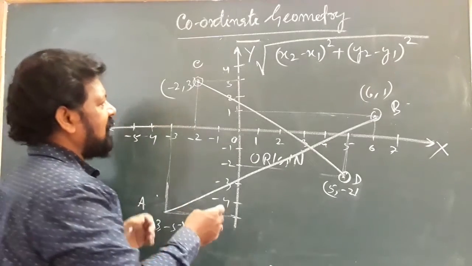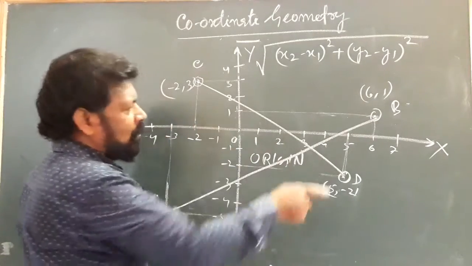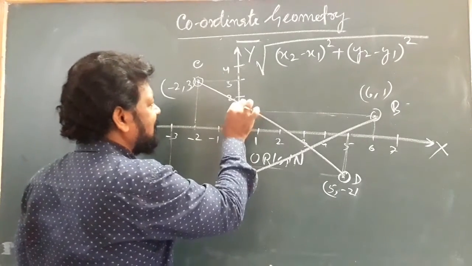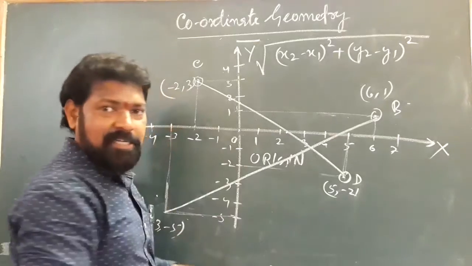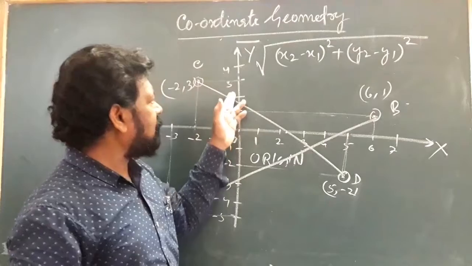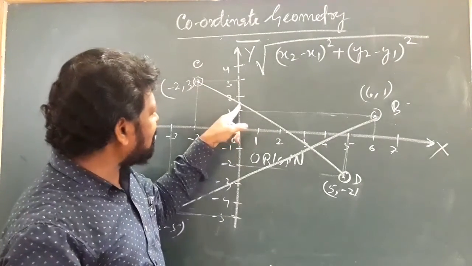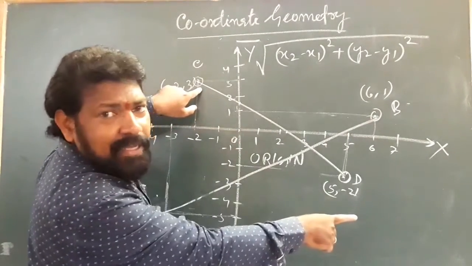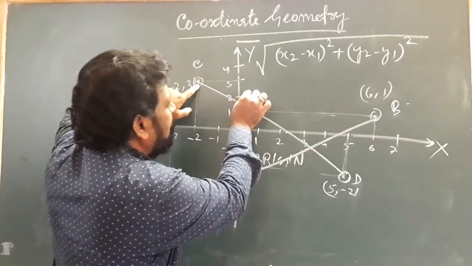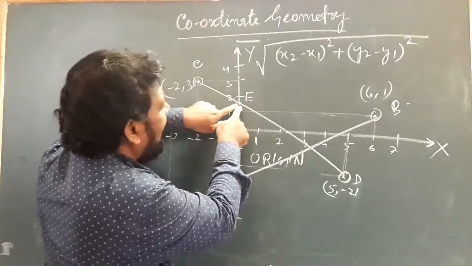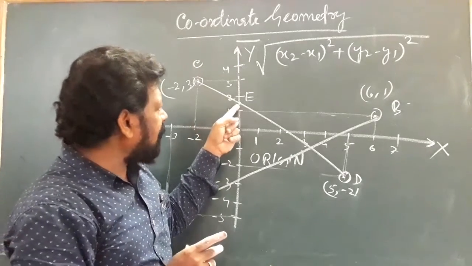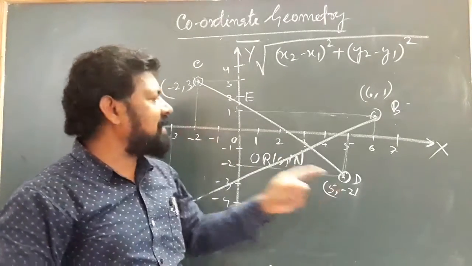For example, suppose this particular line joining C and D is intersected by the y-axis as well as the x-axis. If it is meeting the y-axis, then the y-axis is dividing the entire line CD into two parts, for example at point E: CE and ED. So in what ratio does the point E divide the total line CD?